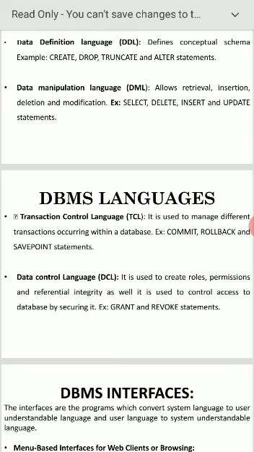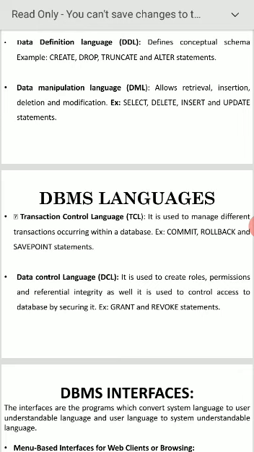Next one, data control language, DCL. It is used to create roles, permissions, referential integrity, and so on. Examples: grant, revoke statements. DDL is only to define the conceptual schema.